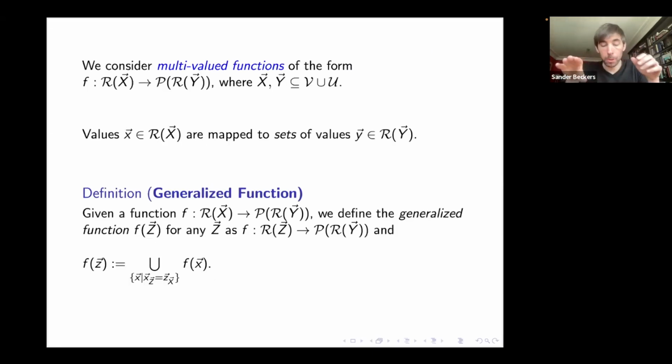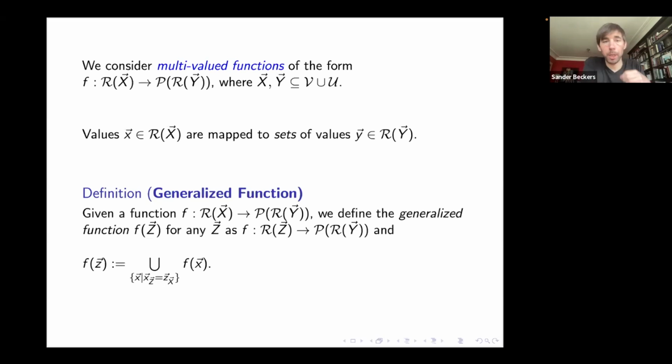Now, to get the non-determinism in there, I'm going to be working with multi-valued functions. So that means that for each input, you get a set of outputs, right? So any value x will be mapped to a set of values y, in this case where y is just another tuple of variables. And by doing so, we can define what I call a generalized function, which means we can play around with